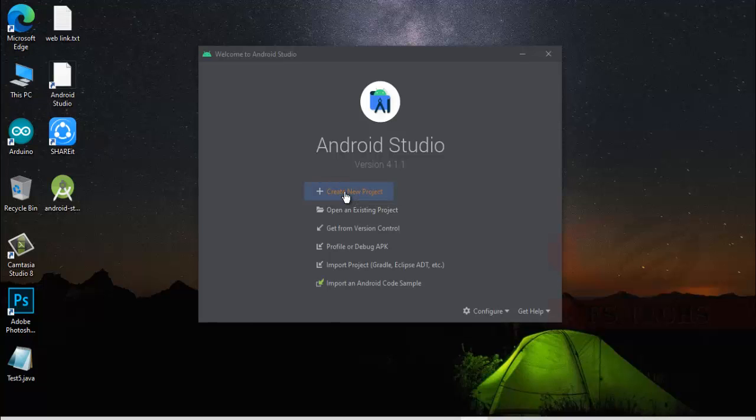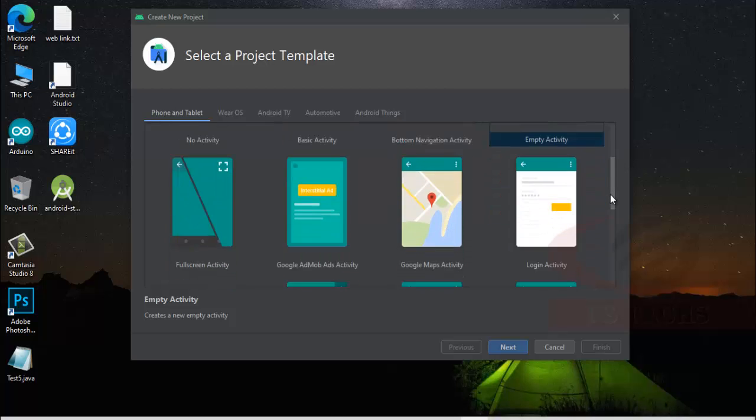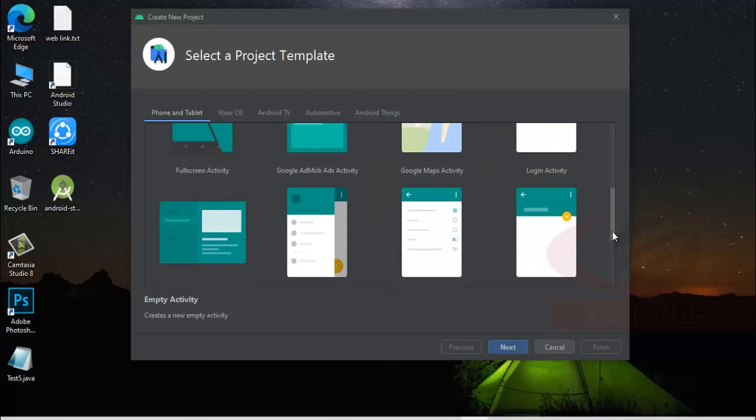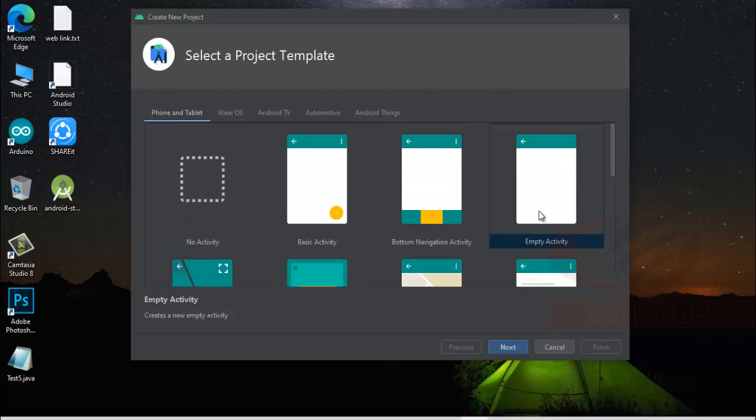Here you will get different options: phone and tablet, Wear, Android TV, automotive, Android Things, but we will select phone and tablet. And here you will find different activities: no activity, basic, bottom navigation, empty activity, and scroll down you will get more. But what it is and what it is for, we will discuss later. Simply click empty activity, then next,